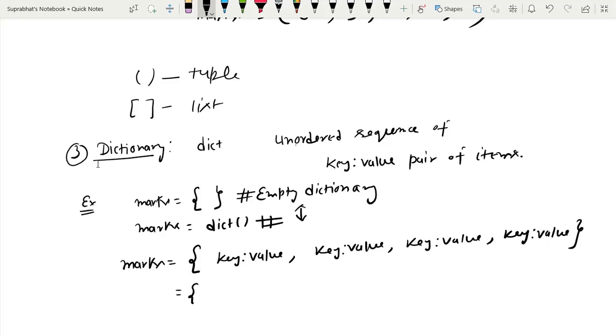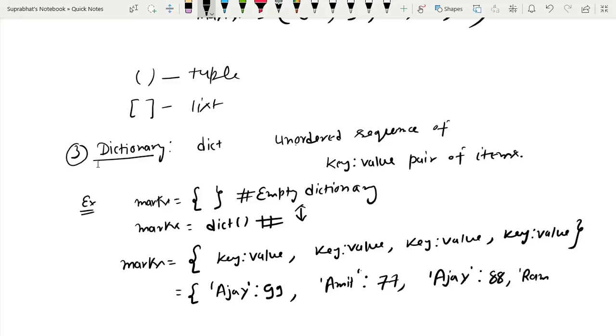जैसे सपोज मैंने यहाँ पे लिख दिया कि लिया मैंने अजय और उसका मार्क्स सपोज 99, फिर दूसरी की ली मैंने अमित और उसके मार्क्स लिख दिए 77, फिर थर्ड लिया मैंने अजय और उसके मार्क्स लिख दिए 88, फिर लिखा मैंने राम और इसके मार्क्स लिख दिए 99 और इसको क्लोज कर दिया। तो इट विल क्रिएट अ